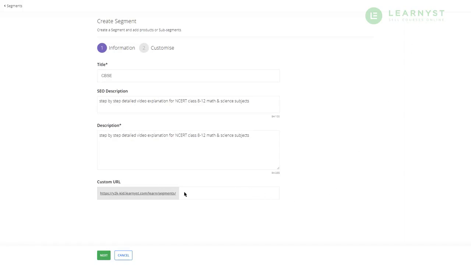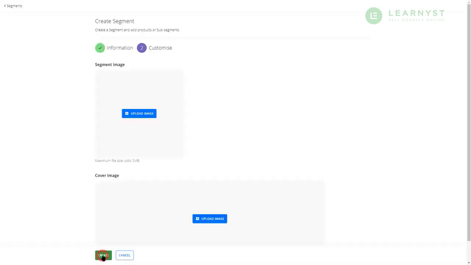Next, within the segments, you will find the URL section. Each of your course segments will have a specific purpose, right? For example, you may want to organize your training materials for class 11 students and share that segment exclusively with them. The URL section lets you create a shareable segment URL. You can simply enter a custom URL in the URL box. Alternatively, if you leave it blank, the system will pick your segment title as the default URL text. Once you have decided your URL, you can click on the copy URL link of your segments page and share it with your target students. Now, let us click on Next.